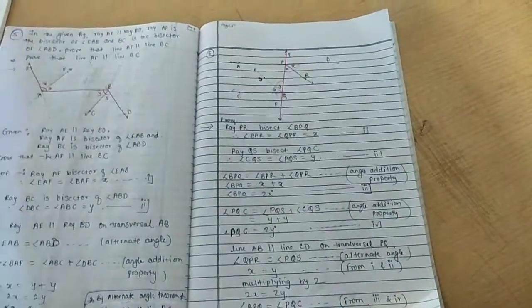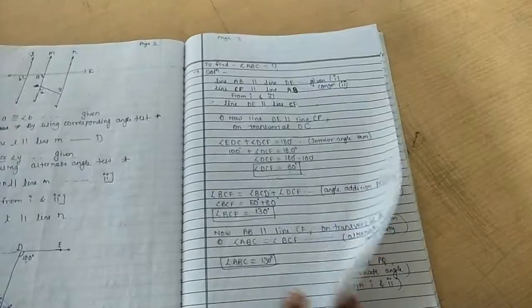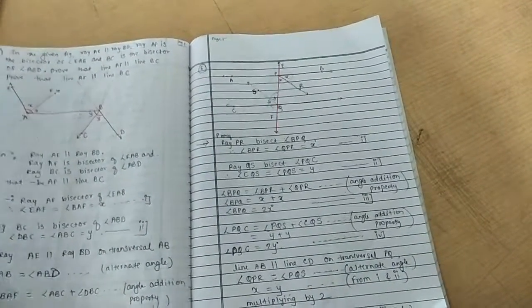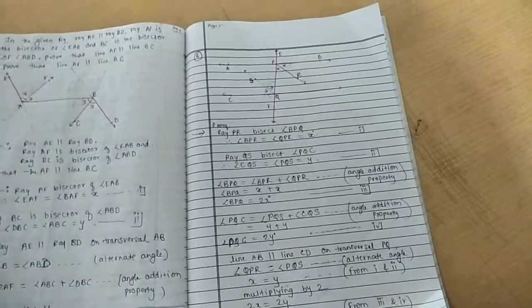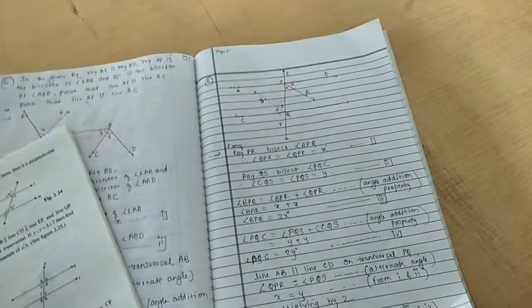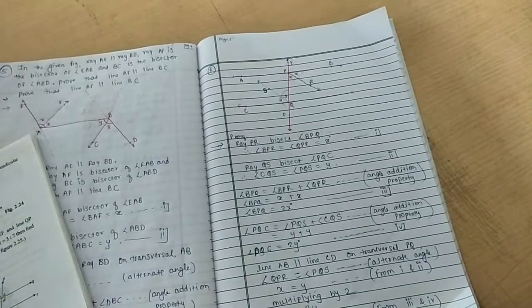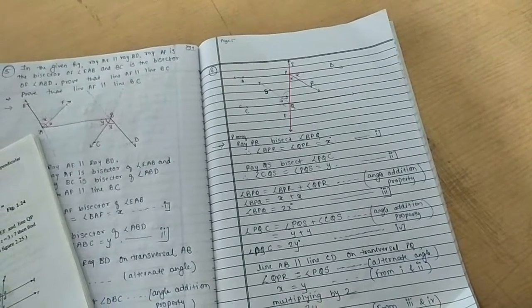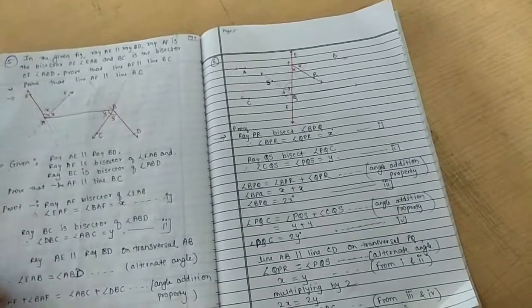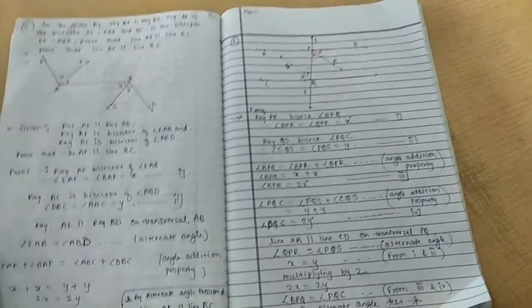So try to understand all these sums and watch this again 2 or 3 times, so you will easily understand. And now after watching this video, write down all these examples in your notebook. Okay, and after that your homework is to solve problem set 2, question number 1, 2, 3, 4, 5 and 6. Then in the next lecture we will start the new chapter of Maths 2. Okay, thank you.